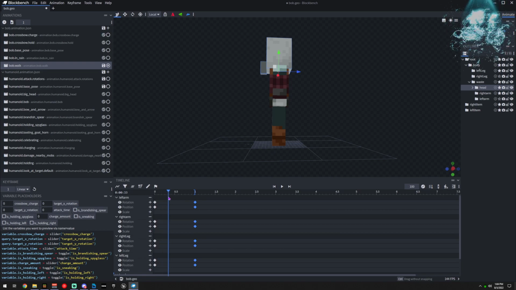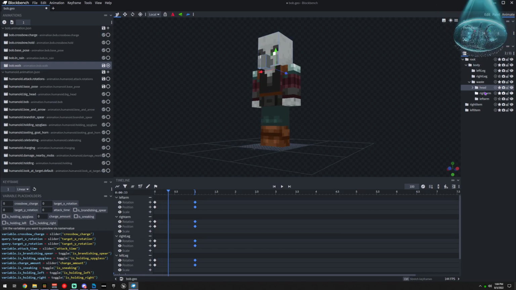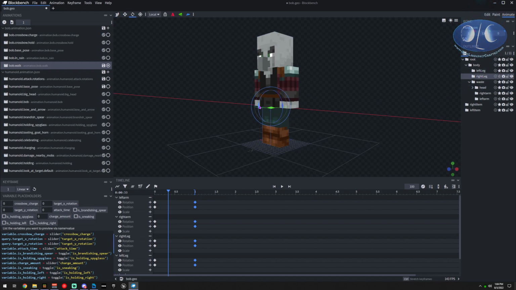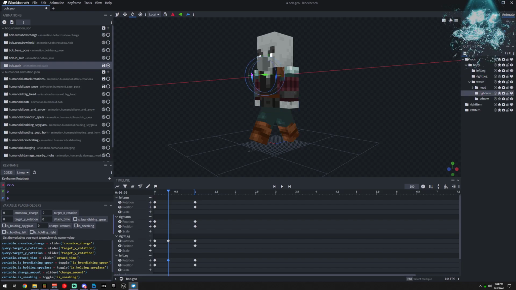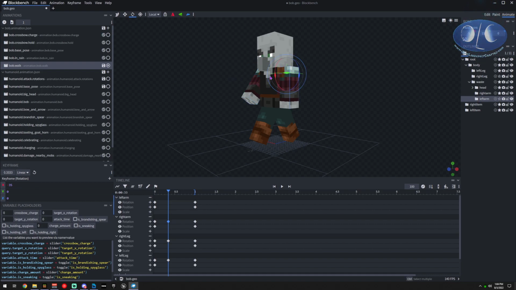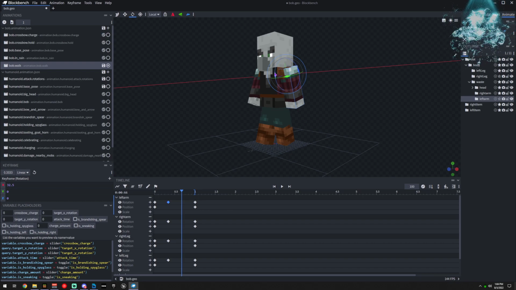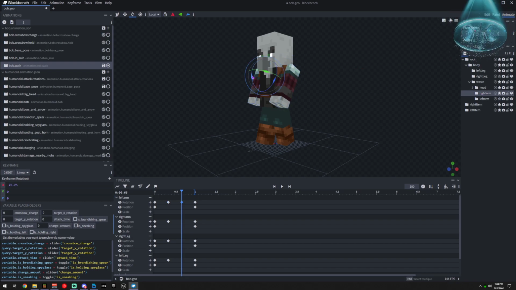Then we go just out a little bit. We take one leg, and I'm going to start with the right leg because that's just how I do it, and we go out. We take the left leg, and we go out. We take the right arm, and we go up, because when you walk, you swing. Now this is for humanoids. It's different for animals. But you swing with your legs. So there you go. Now we're going to go over this side and do the opposite.